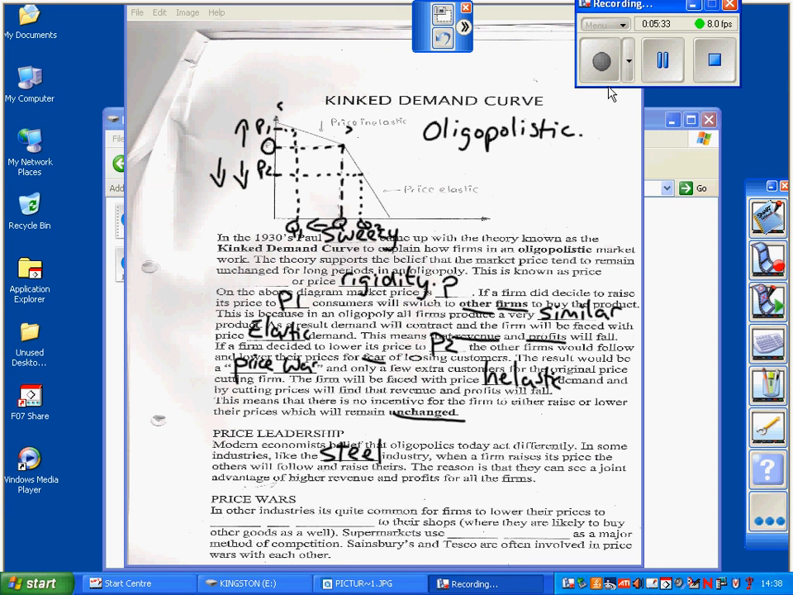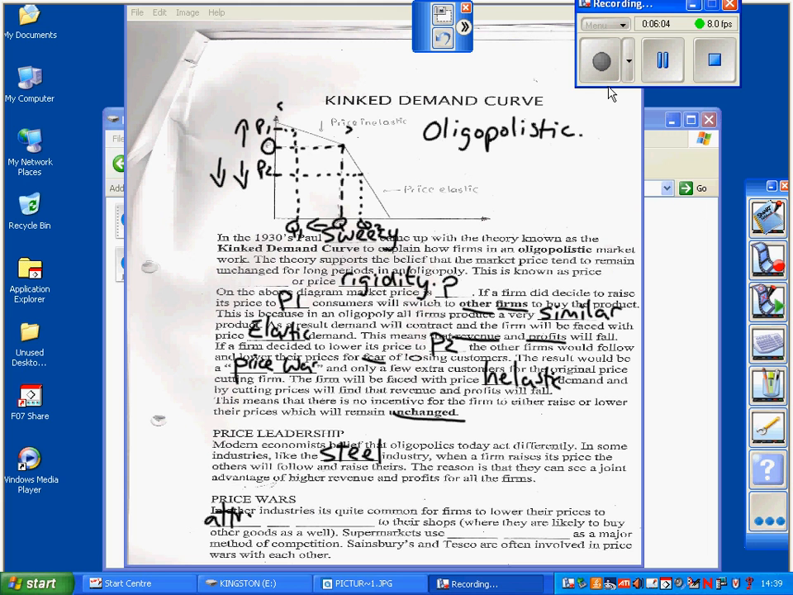However, it's worth noting here that if the firms who are supposed to be in competition with each other collude, what's called collusive activity, if they get together and fix the price of their good or service, or they fix the quantity in supply, then that is illegal, and under UK law you will be fined very heavily. Price wars. In other industries it's quite common for firms to lower their prices to